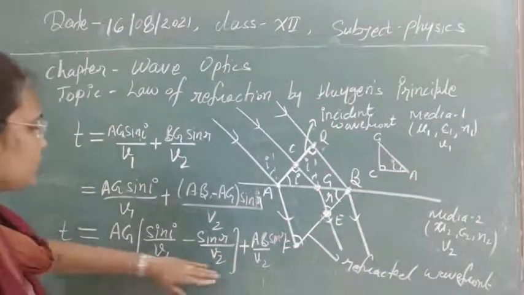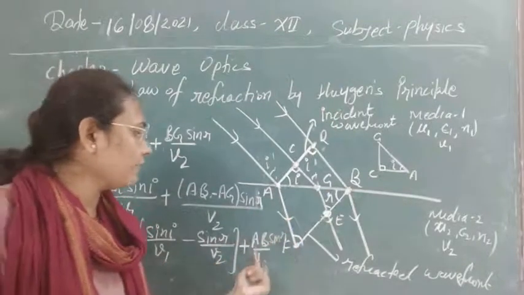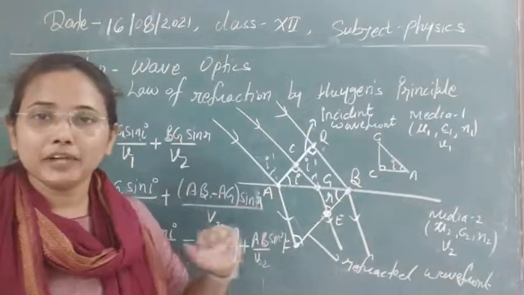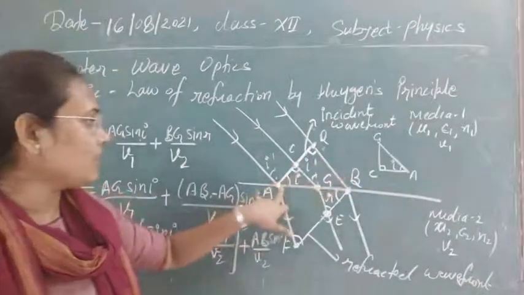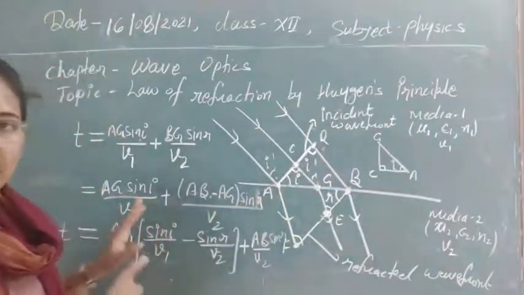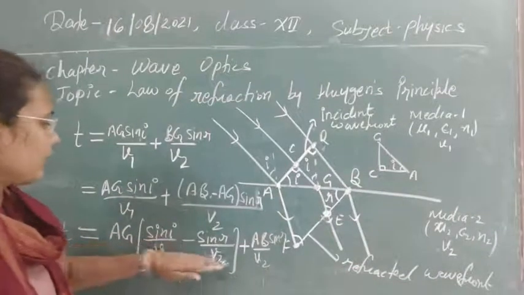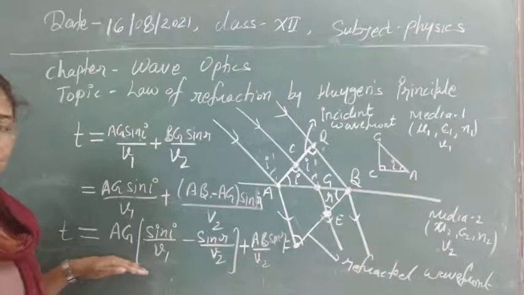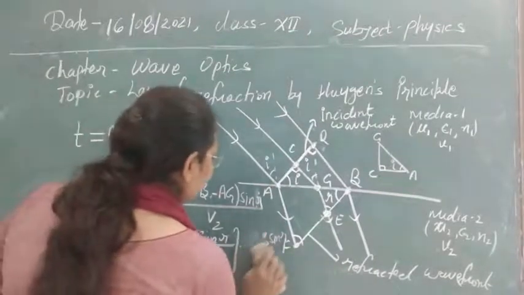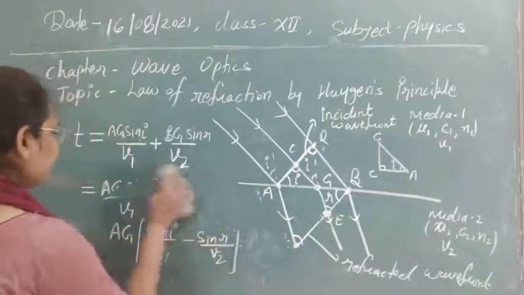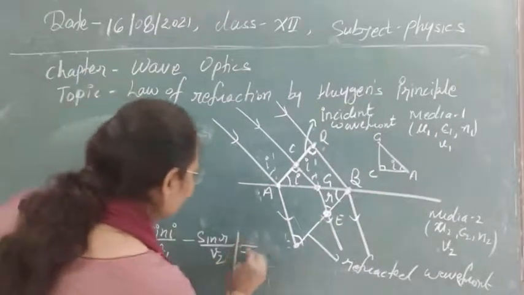If you put this equal to 0, then as AB is constant already, the whole factor will be constant. This will be free from the point variation. There will be no variation, and the time taken by all the points will now be the same. So to make it consistent with the Huygens principle, we have to take this whole term equal to 0. So if you equate these terms to make the Huygens principle consistent, this term is now equal to 0.